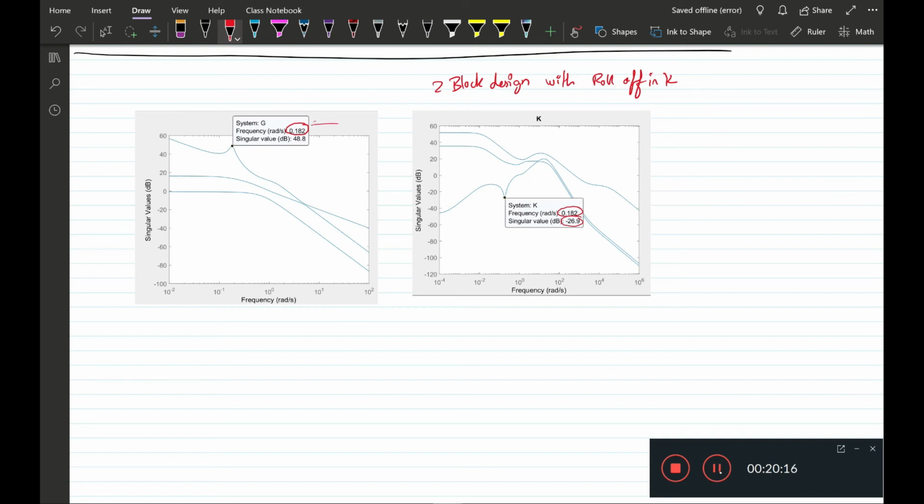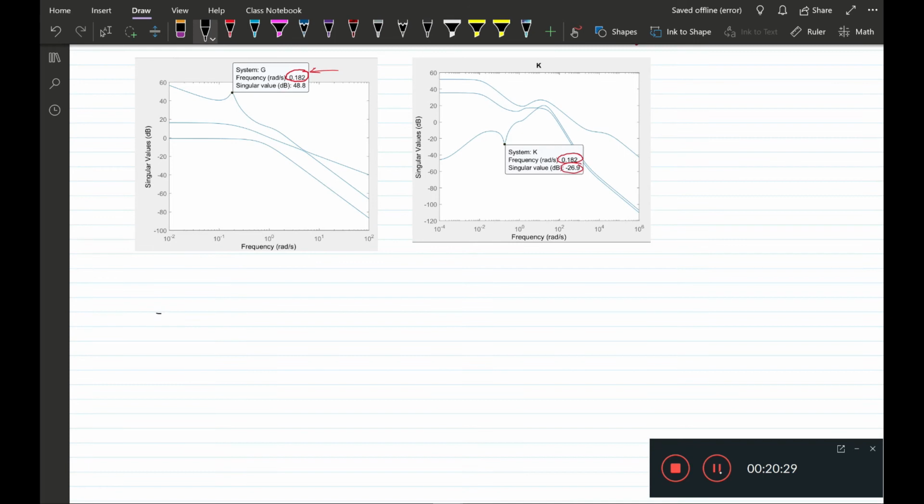So this would be straightforward for SISO systems, but because we are now talking about MIMO systems, we have to be careful. So what I mean by this is this. There could be a pole zero cancellation at omega equal to 0.182 radians per second, and this can be checked by getting the G at 0.182 j